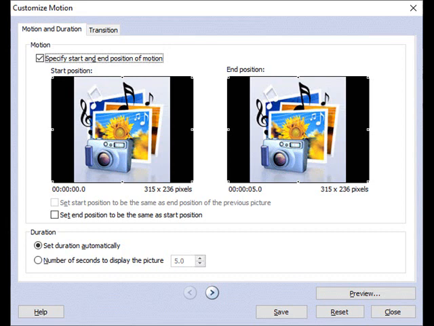Clicking next brings me to this window where you're customizing the motion. That means you're deciding what's going to be happening to your images while the voiceover is going on. Are you going to pan across the images? Are you going to zoom in? Are you going to zoom out? Now, if you're just explaining some figures on a page, as I would be doing